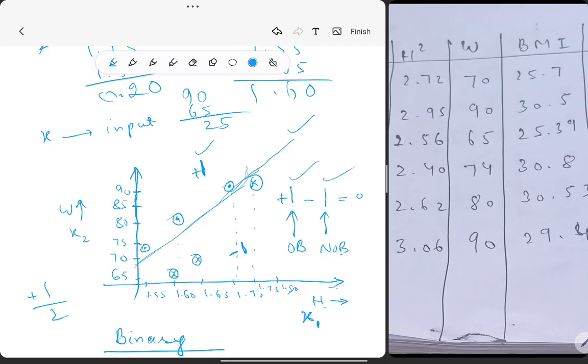They are simply labels. Instead of writing +1 for obese, you could have written +2 for obese, and +1 for non-obese. Any other labeling could also work. For example, one of the two could be denoted by 0. I could call obese 0 and non-obese 1. But in all these cases, these +1, -1, 0, 1 are simply labels.